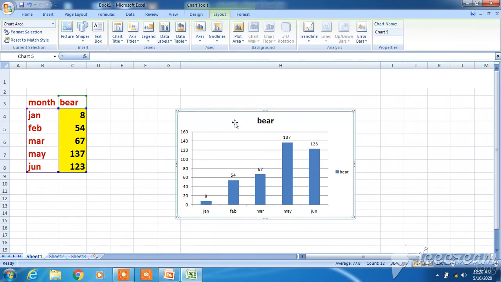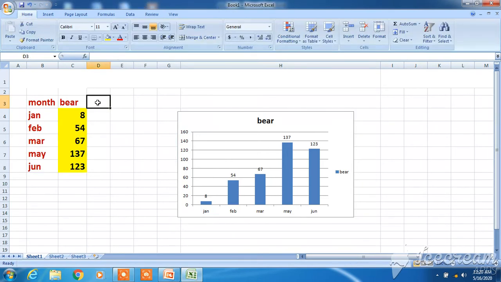And one more thing that we are discussing is the legend. See, suppose there is another series, say of a different animal, dolphin, and we can select it. Clear.